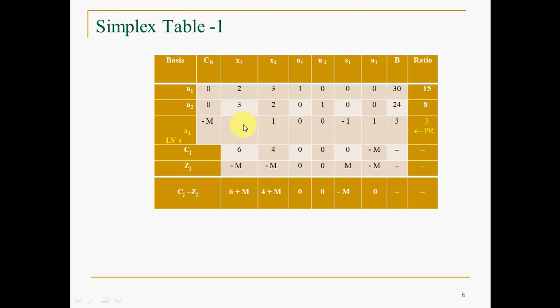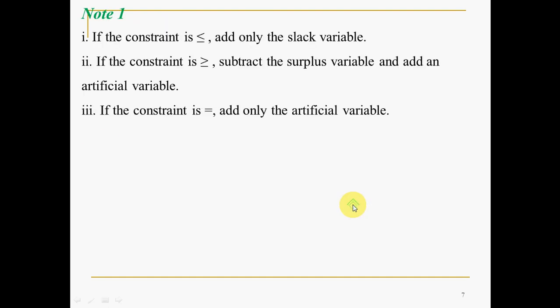And of course the third constraint: 1, 1, something like 0, 0. S1, minus, why is it so? You have to refer to the constraint. Minus S1 you have added, and A1, that is plus A1 you have written, in the constraint, not in the objective function. So what is the coefficient of A1 in the constraint? That is 1, that's all. So is equal to 3. Now again Cj is the same old way, so 6, 4, 0, 0 and all. You have to recall this, what is that called? Objective function.